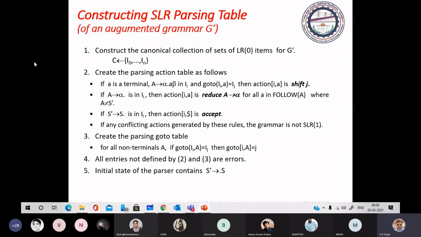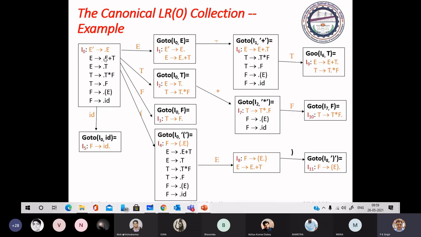Now for entry, we again consider the symbol just after dot. If we have a terminal symbol just after dot, then the action is shift.